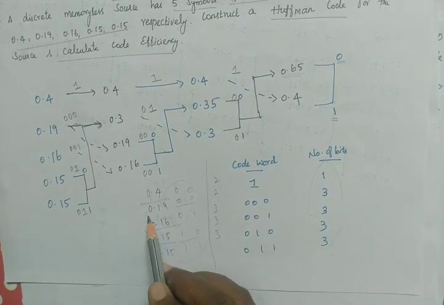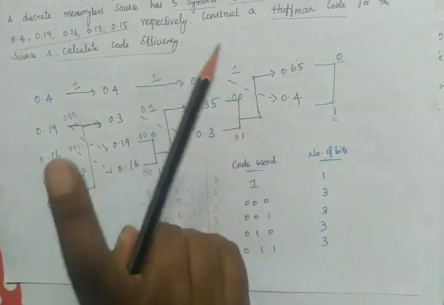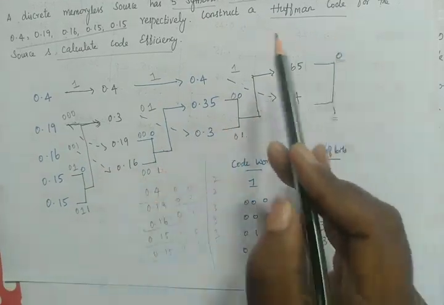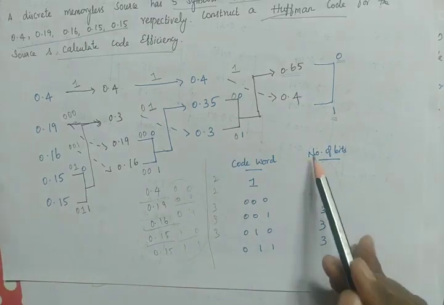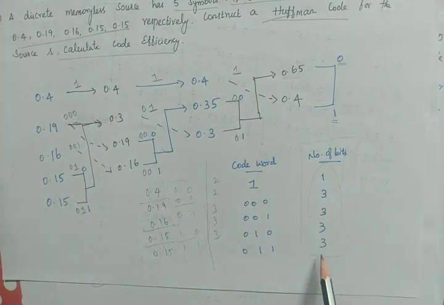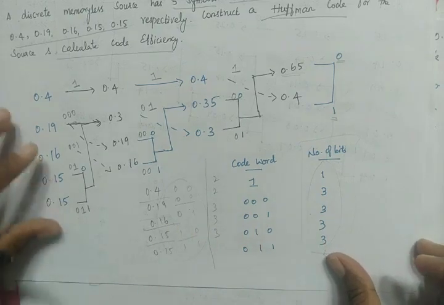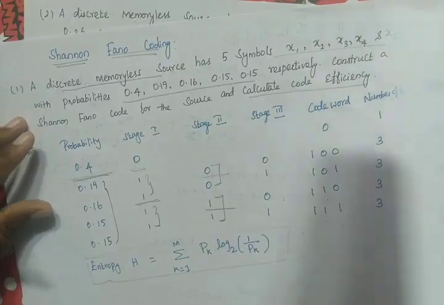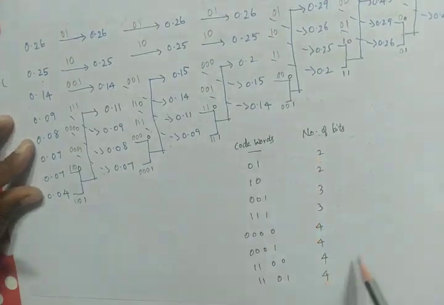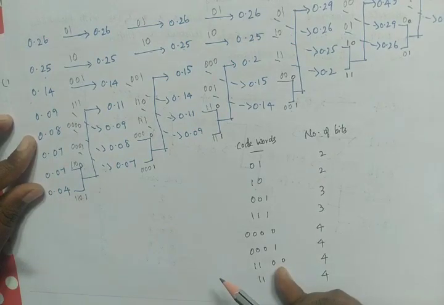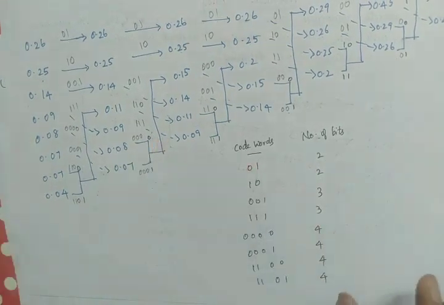If we find the number of bits using Huffman code, then we can easily match according to that number of bits in Shannon. So if you get both the questions in a single question as a part C or part B question, what you have to do is first solve the Huffman code, so that by using this number of bits, by keeping this number of bits from Huffman, we can solve Shannon. We can easily change it, so that there is no need to find the entropy twice, isn't it? If we have the same number of bits, then there is no need to find entropy, n bar, and efficiency twice. So once is more than enough.